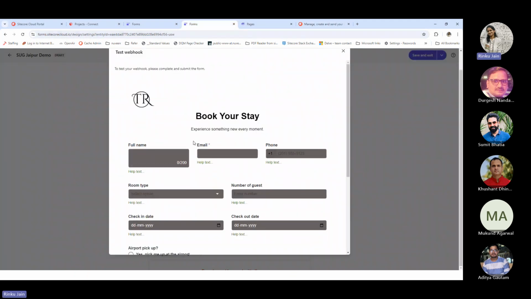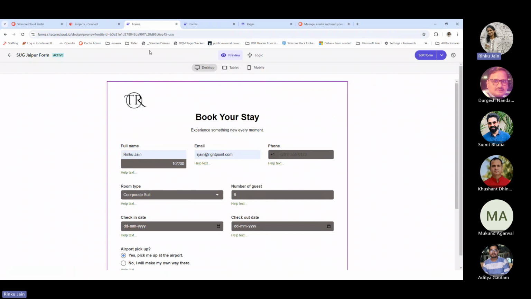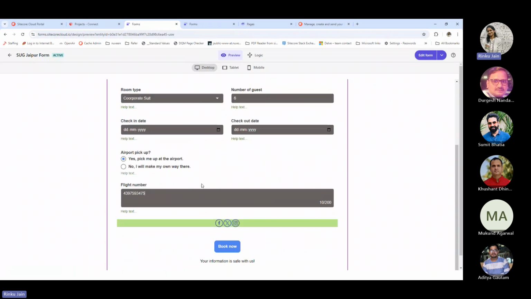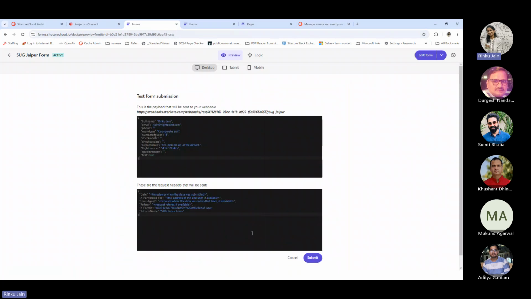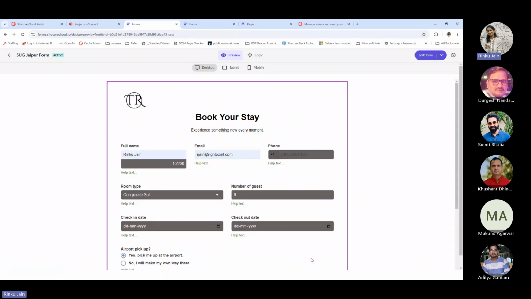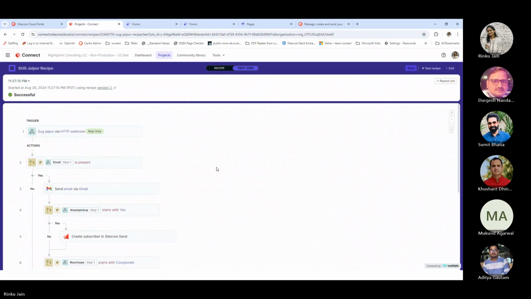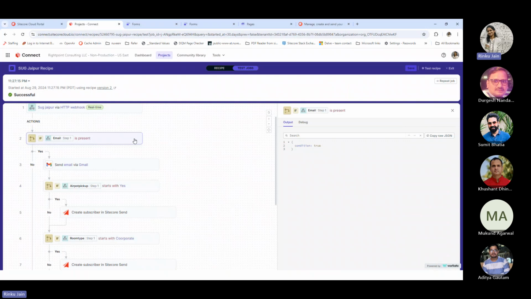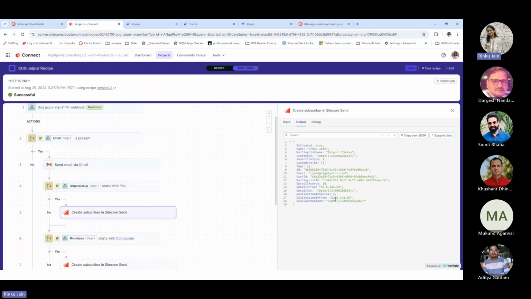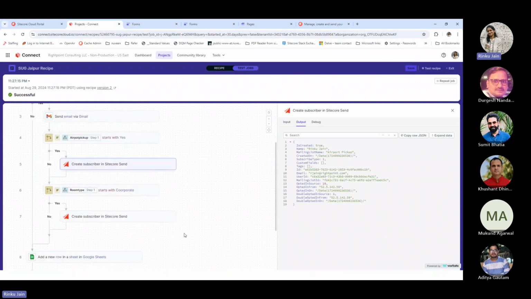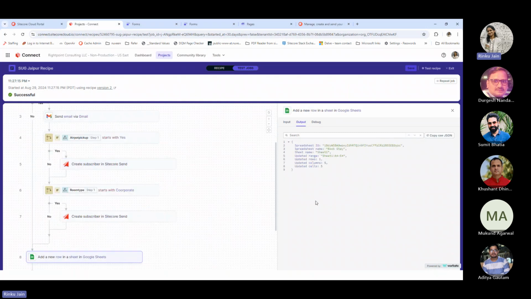Okay, so this is a demo form. Now we can choose this one. Now I'll say book now. It will have the payload details. Okay. Now, so yeah, you got the request. See here, and then you can see the steps. Now it gives you the details: these are the inputs and this is the output, like this. So now it successfully executed every step, and here, if you see,